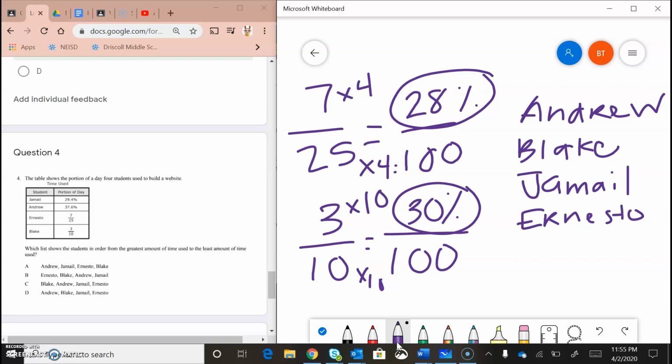So now we need to look for the answer choice that matches that. So I can already eliminate B and C because those are not in the correct order. And then it looks like the one that's going to come in the correct order is going to be